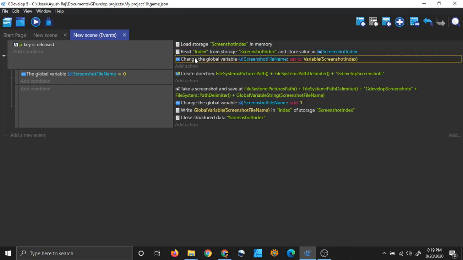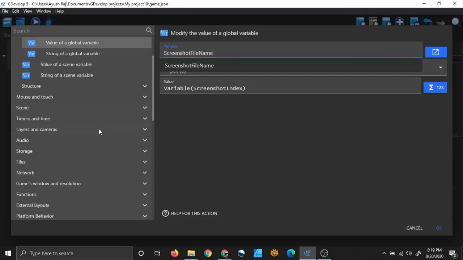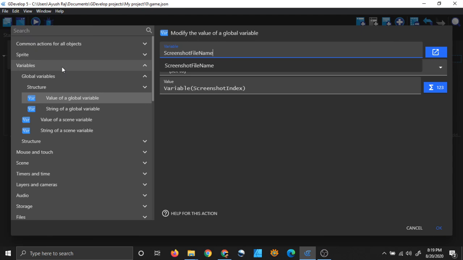So what is the third line doing? The third line is: change the global variable screenshot file name, set to variable screenshot index. When you go here in variables, global variables, you will find value of a global variable. And when you click here, you will find this screen. You have to put the name of the global variable.